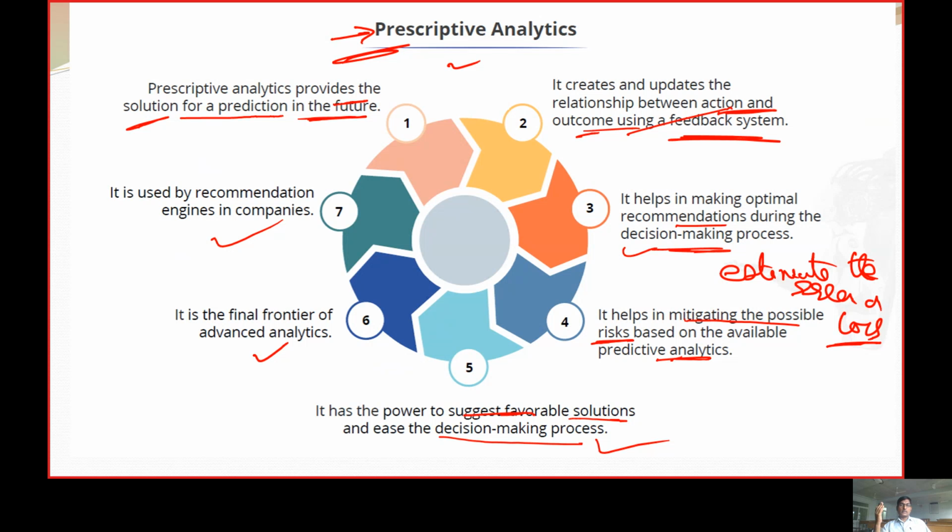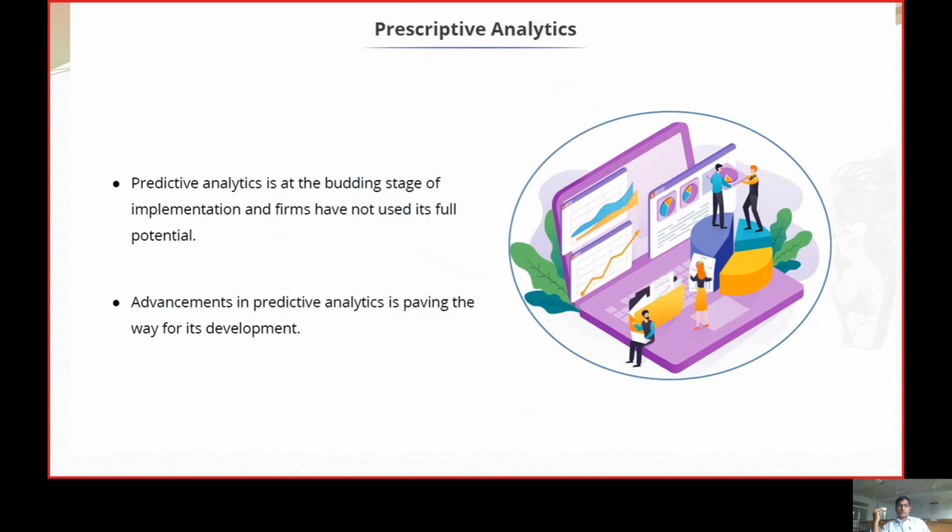So holistically, prescriptive analysis gives a solution, takes actions and outcomes into a mechanism, gives a decision, and estimates the risk. Not only a single decision, it can take weighted decisions and helps in advanced analytics. And finally, it even recommends that the system take this decision to move to the next level. In this way, prescriptive analysis is going to happen. It is still at a budding state and is not fully implemented at this point of time, so it is going to pave the way for developments.